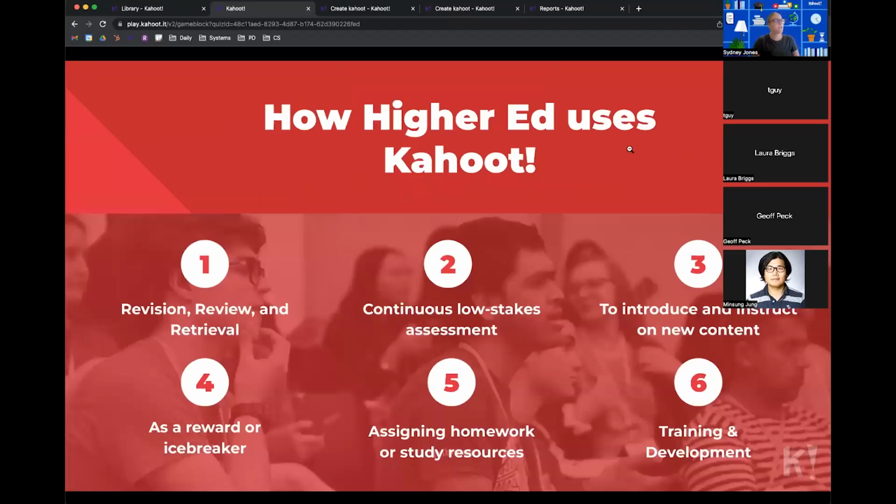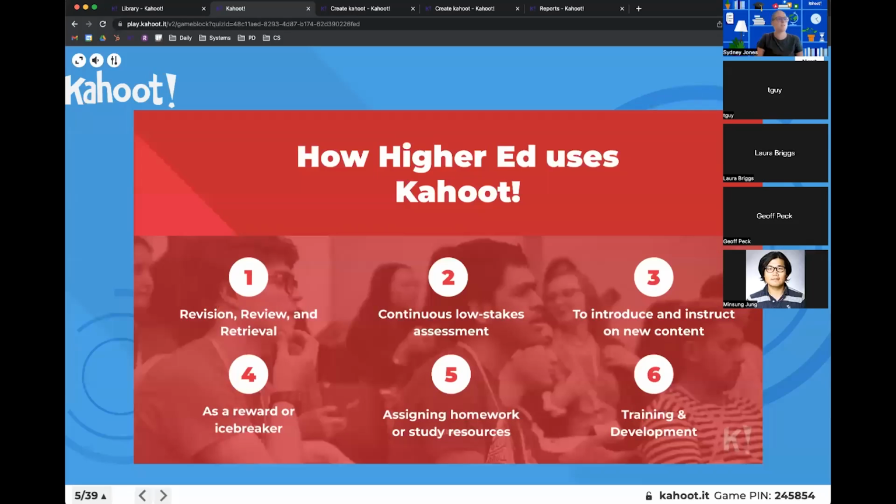Now, how higher education typically uses Kahoot: they use it for revision, review, or retrieval. They also use it for continuous low stakes assessment, to introduce and instruct on new content, as a reward or icebreaker, assigning homework or study resources, and then also for internal training and development. I'm using Kahoot right now to train you all on Kahoot, and you can do the same internally within your